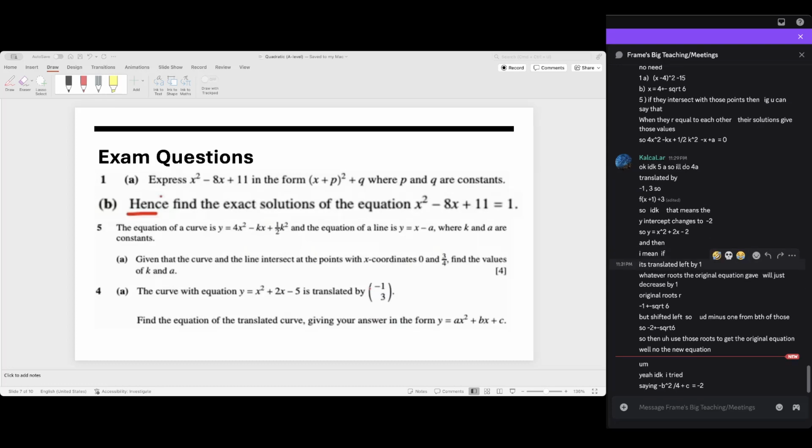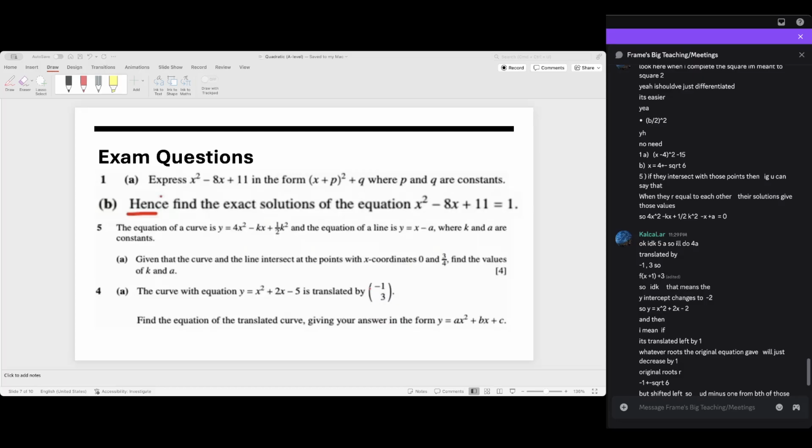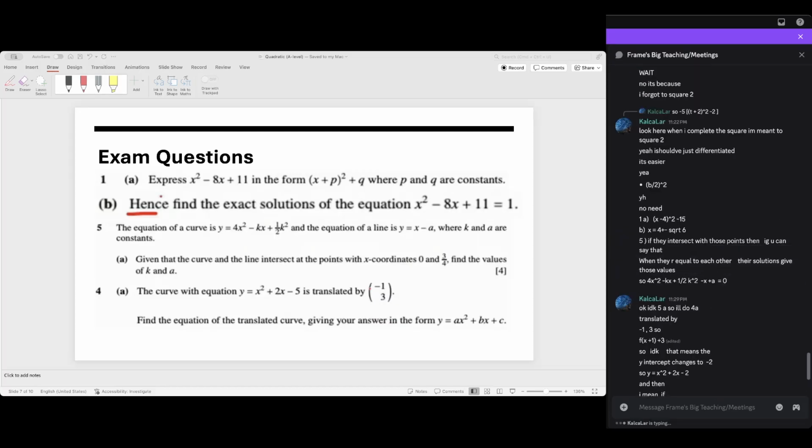First of all, I would like to say that 1 is correct. Wait, 1a. Let's look at x squared minus 8x and then plus 16, and 16, plus 16, and in order to get 11 you need to minus 5, not minus 15, so I'm not sure where you